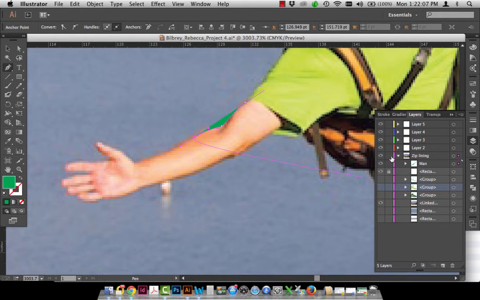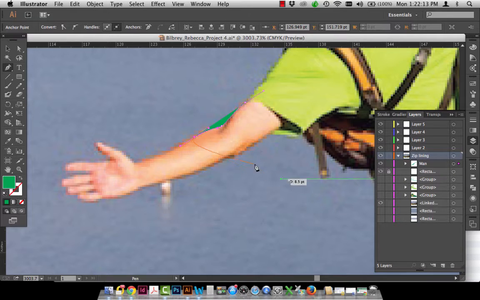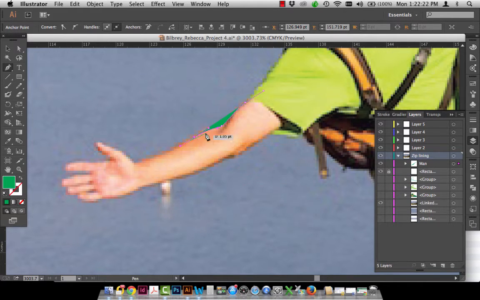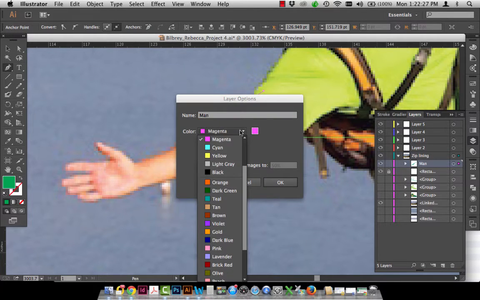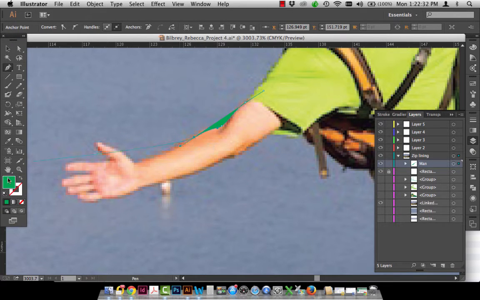And again, if you're in a situation where the color for your layer is blending in, you can always change that color to another color. Now orange doesn't get along with that very well, so let's try a teal. See if I can see that better. There we go. Teal. Okay, and I'm going to fill that with none. I can see that much better. Okay, so we're going to now